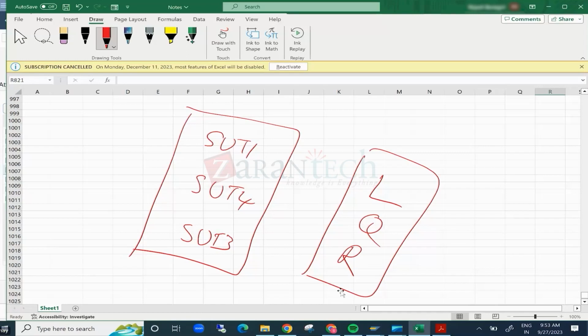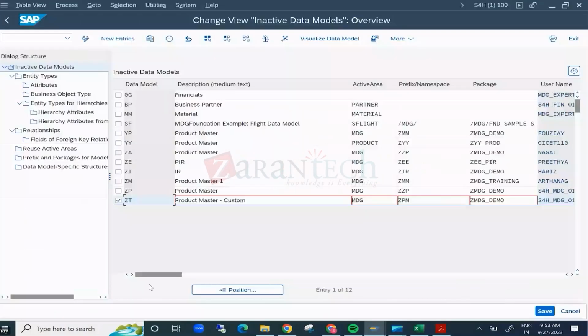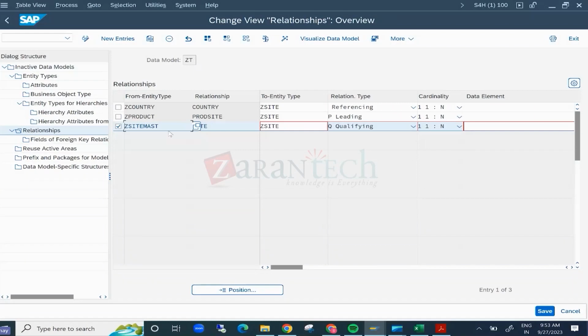Is there any question? There is a data element at the relationship level also. Yes. Okay, so that data element, what happens is, at the type 3 level, we already maintained one data element, right? That data element will be used for your qualification purpose, and the description, search help, everything will come from there. And when you make a reference relation or qualifying relation, the data element will be used